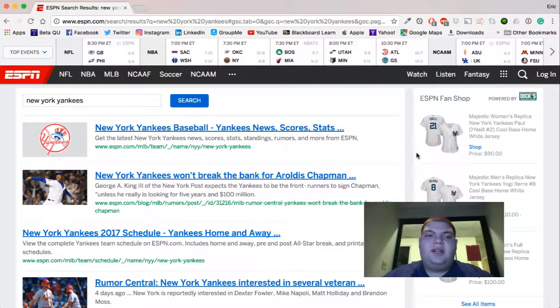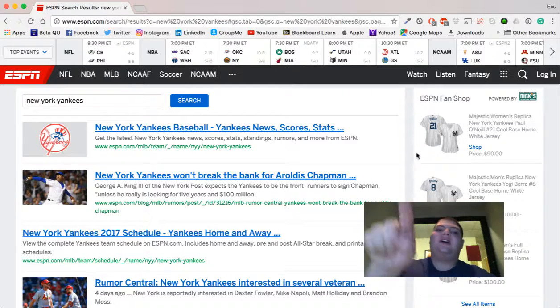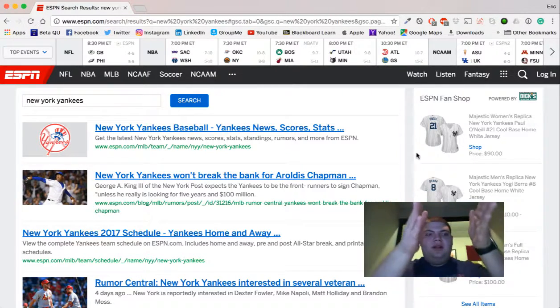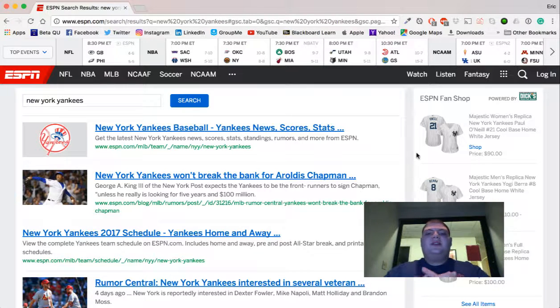The application on the iPhone, I'm sure on the Android, and I know on the iPad as well, operates pretty much the same way with more of a single tab structure. So at the bottom, the first page is all of your scores and stuff that you follow on your specific account, as well as at the bottom you have the access to all the teams and news content, as well